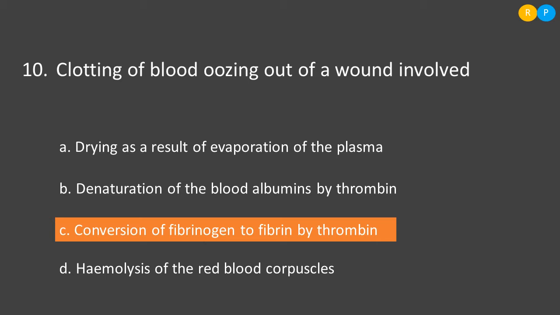Denaturation of albumin does not take place by thrombin, because the main function of thrombin in blood clotting is to convert fibrinogen into fibrin, by an enzyme called thrombokinase. Option C, conversion of fibrinogen into fibrin by thrombin. This is the correct option. Then option D, hemolysis of red blood corpuscles. Clear. So the correct answer with respect to the clotting of blood is option